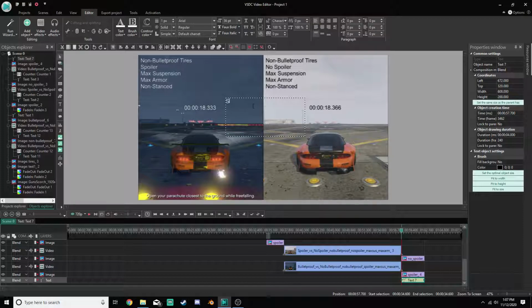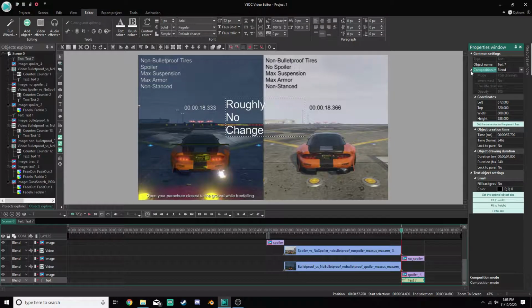And then we're going to go roughly no change. And then we're going to go fit to size. And actually put that in there. Fit to size, and I wonder if we can